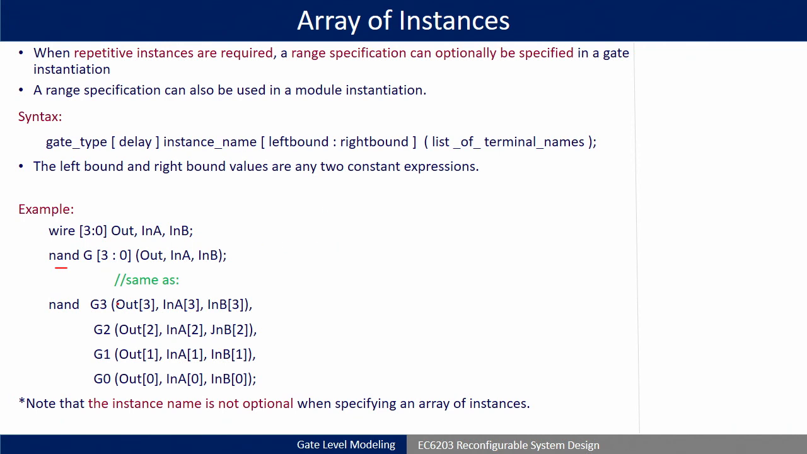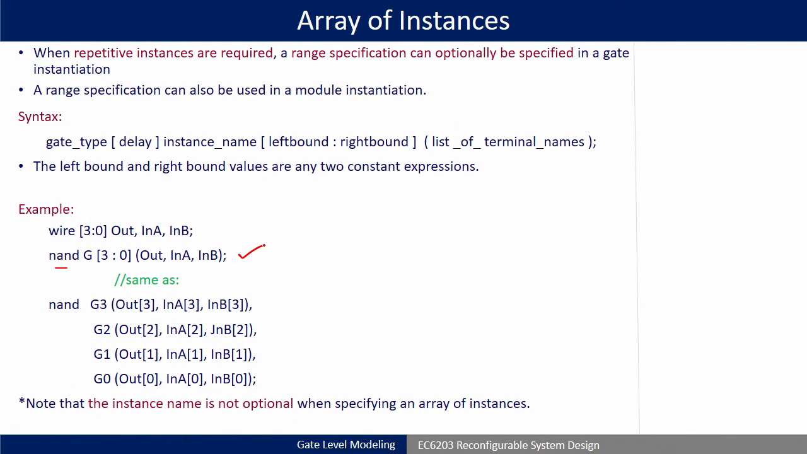Okay. So, that means either you write down like this: NAND G3 out 3 in A3 in B3 comma, then it is like this up to G0 out 0 in A0 in B0 semicolon. Either you write down like this or you write this one line, all are same. Got it? So, that means instead of creating an array directly, you can write 4 lines,